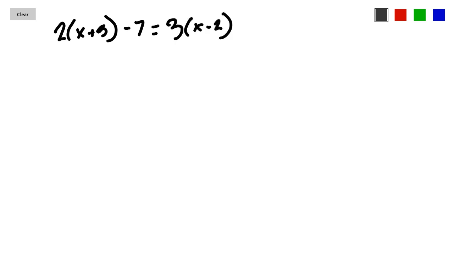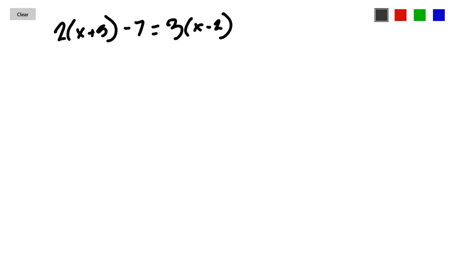Let's say I had 2 times x plus 5 is equal to, hang on. Let's say that I had 2 times (x plus 5) minus 7 is equal to 3 times (x minus 2). So what about this one? If I want to get it into a form that I had before, all I would need to do